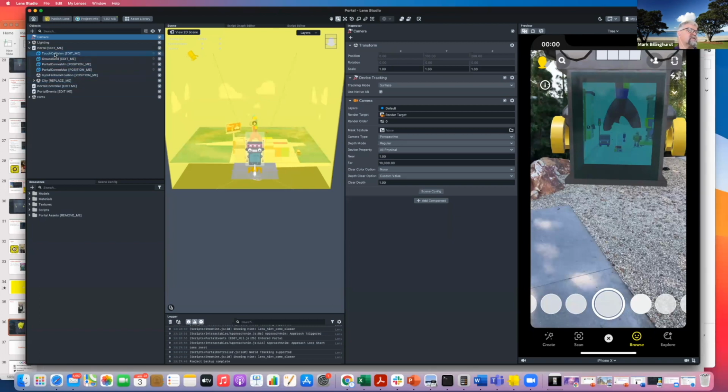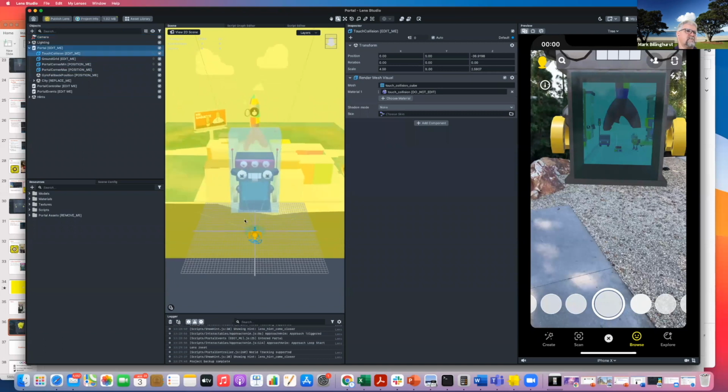This touch collision here is the point where, when you get to that point, it's going to open the doors, and so it basically looks at the body touching that virtual point. Then this portal controller here, the portal corner here sets where you can